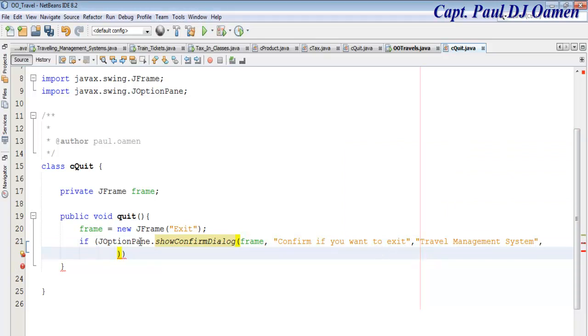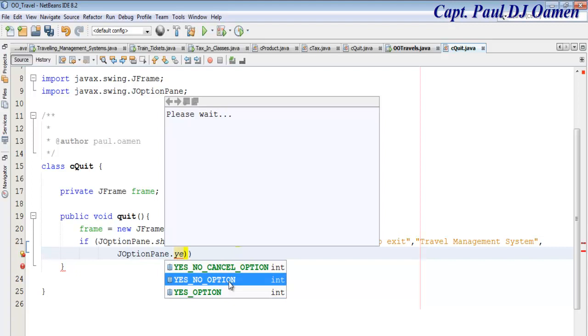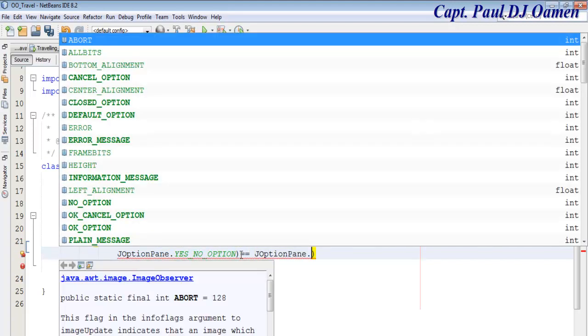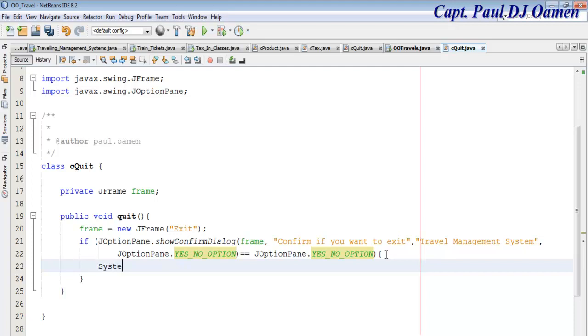Another comma, then that'll be JOptionPane. Let's copy this and just paste it right in here. JOptionPane dot YES_NO_OPTION there. Okay, and in here we will say equals JOptionPane dot YES_NO_OPTION. Let's enter YES_NO_OPTION there, and let's just enter a curly braces. Then inside this curly braces we then ask the system to exit dot exit, and there we go. Right, that is my class